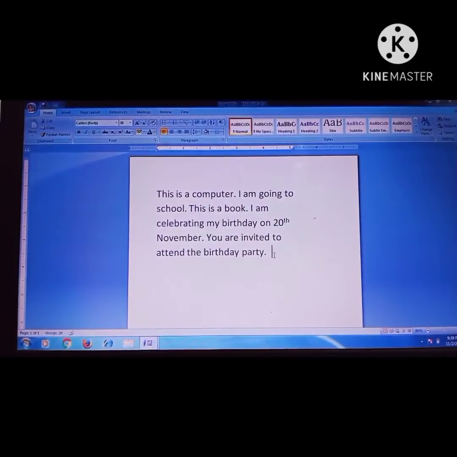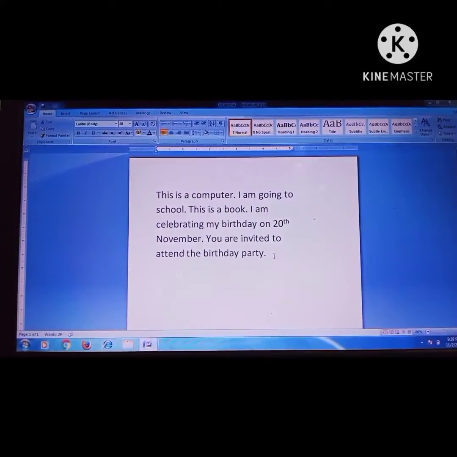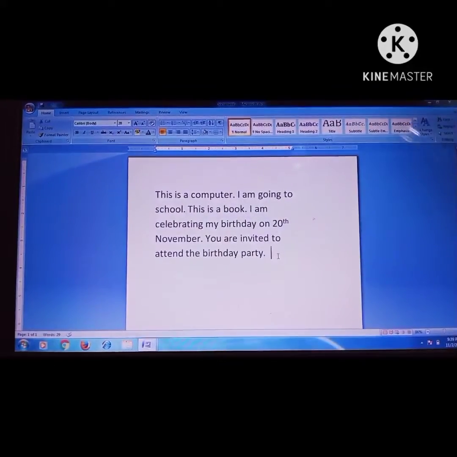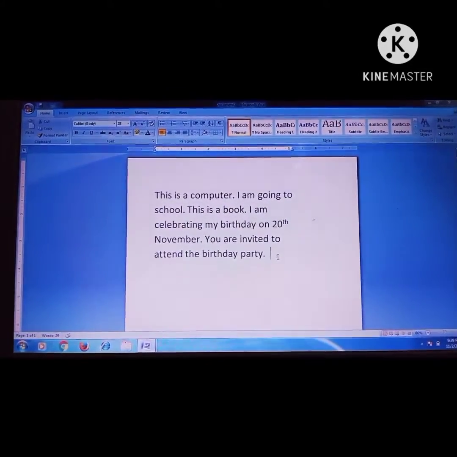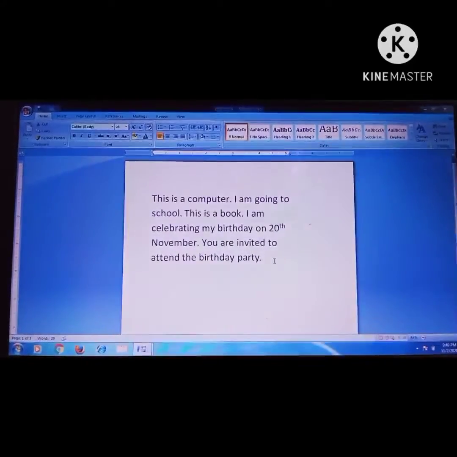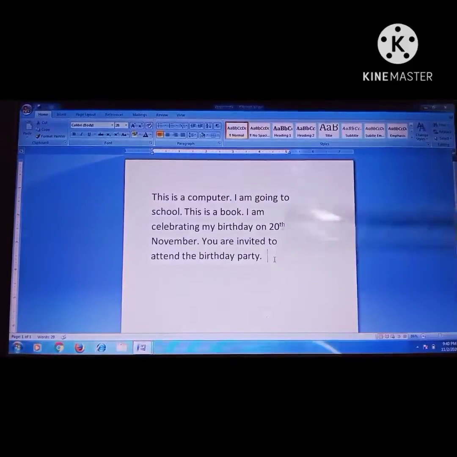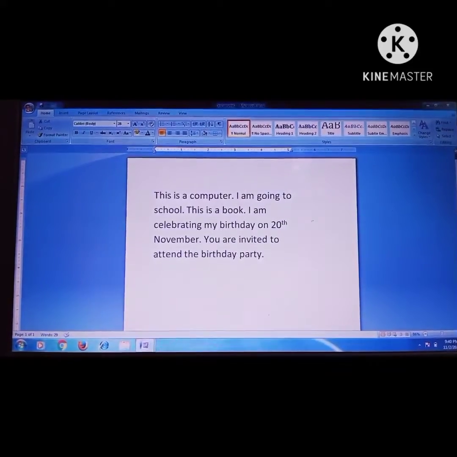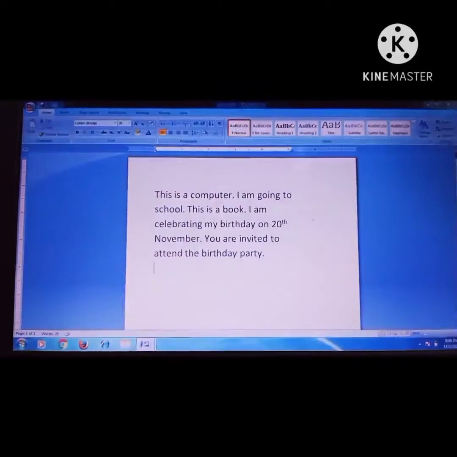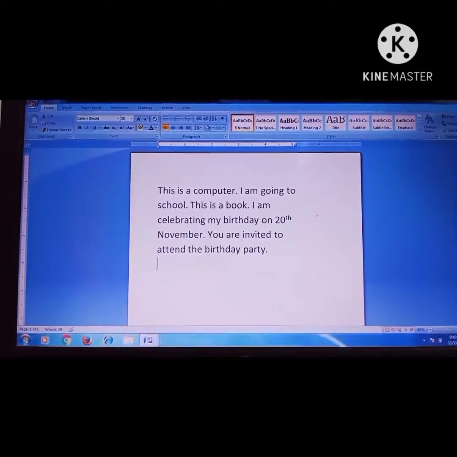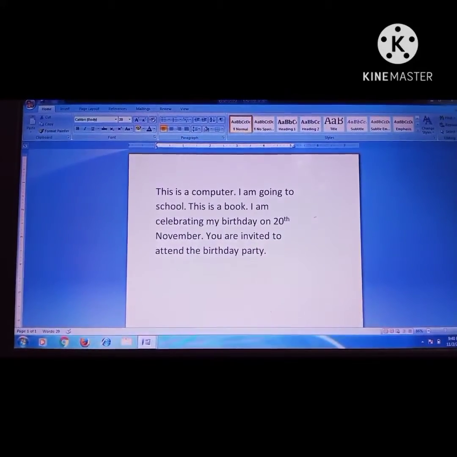Like this, I have not pressed the Enter key, so the cursor automatically shifts to the next line. And when I press the Enter key like this, the cursor comes on the next line. This is the function of typing the text.